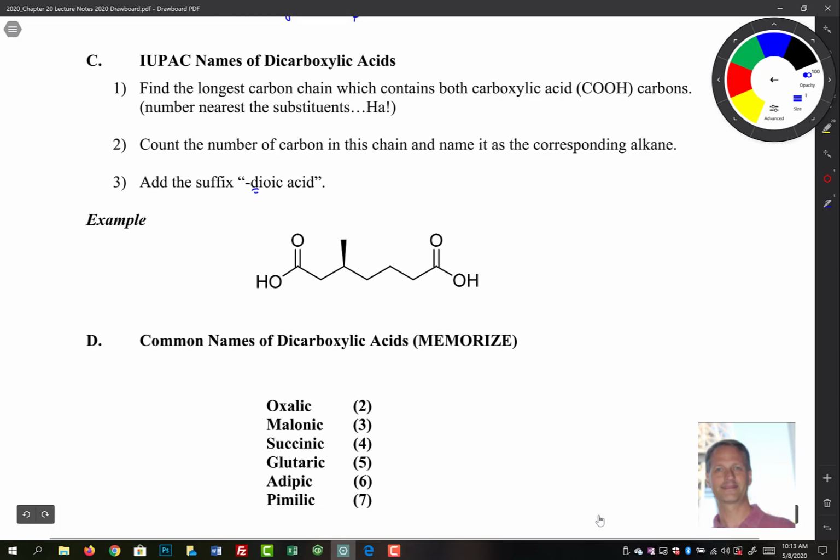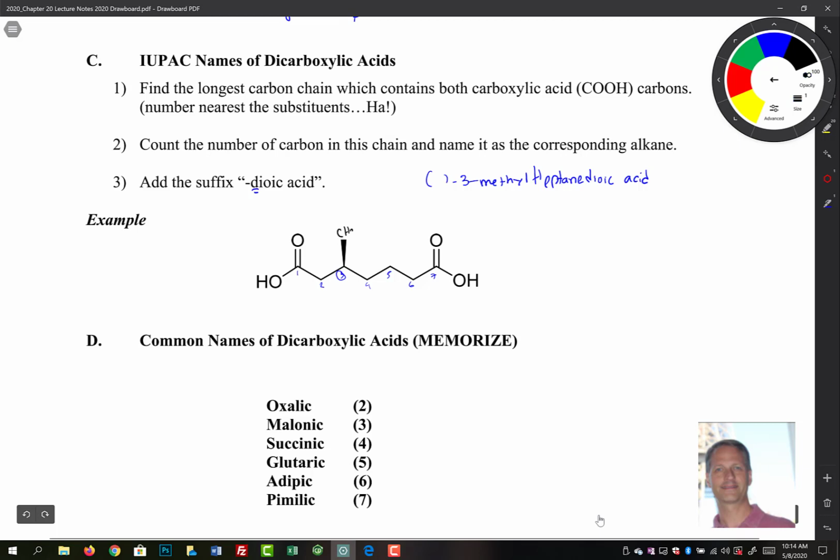So if you look at the structure down here below, let's count them up. 1, 2, 3, 4, 5, 6, 7. Right, so 7 is hept. And then it's an alkane, so heptane, and then dioic acid. So that describes the molecule with the exception of this methyl group at position 3. So then we put a 3 here. It's a 3-methylheptane dioic acid. And then the only other thing that we have left is the stereochemistry at